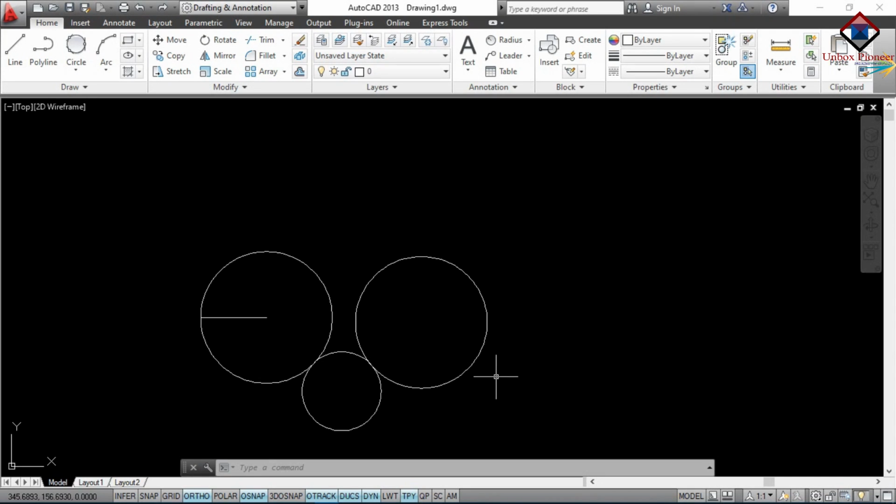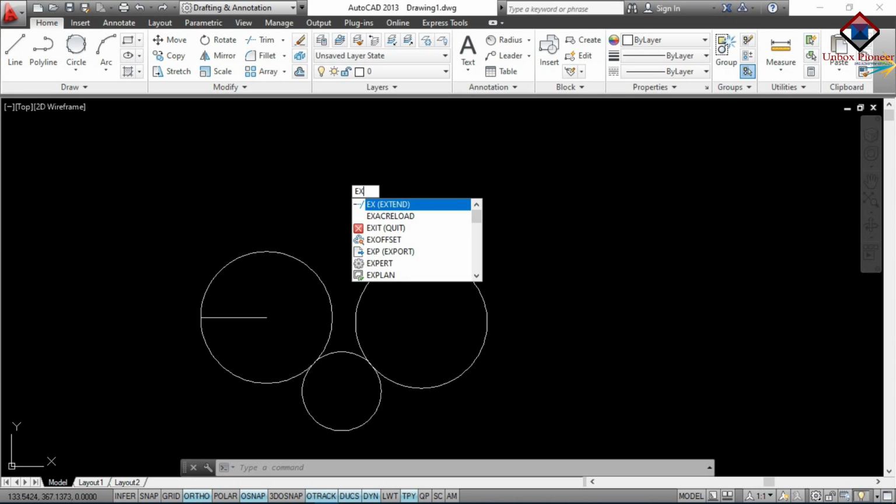Now our next topic is extend. First of all, we will know what is extend. Extend extends a boundary object along its natural path to intersect another object or its implied edge in 3D space. So now we will see what is the location of extend. Its location is the modify toolbar, as you can see here. Below the trim command, there is a down arrow. You can click the down arrow to select extend, or else you can put the command for extend, which is